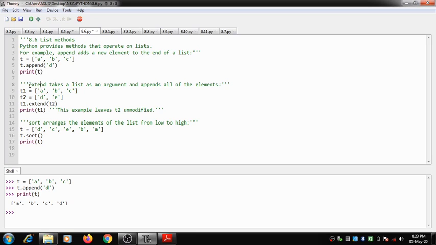What does this extend method do? Extend takes a list as an argument and appends all of the elements. So it is going to extend the elements present inside a list with another list. Here let me clear this, copy it and paste it.